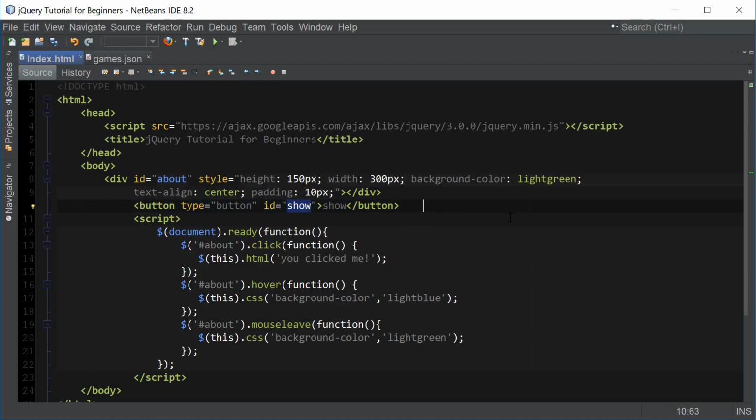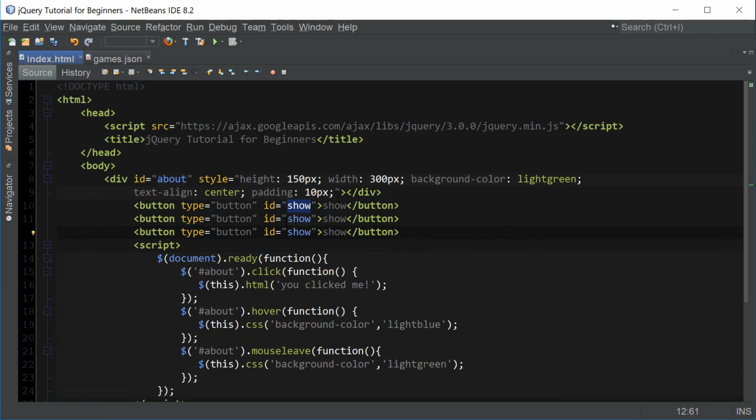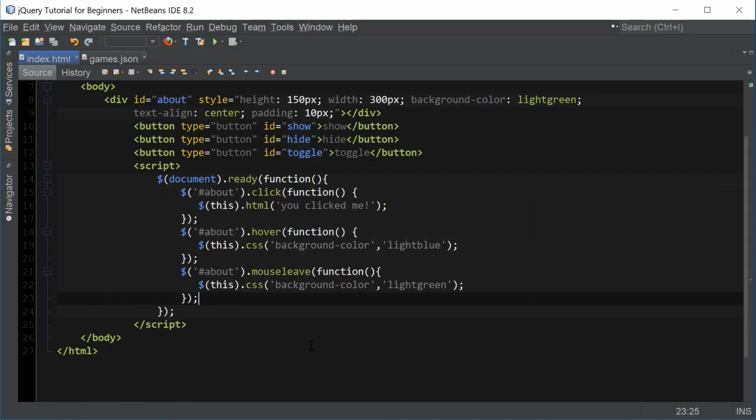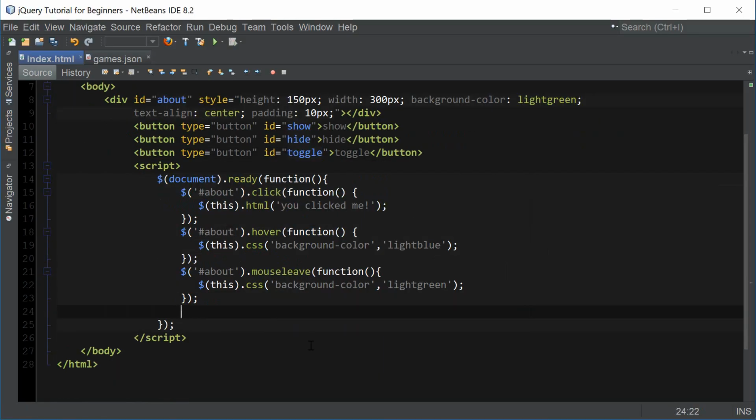Gonna copy this, paste it again. And the second button is going to be hide. And the third one is going to be toggle, which is going to show and hide our div. So we're going to name it toggle. And now we're going to add jQuery to select our buttons and add functionality, which is going to show, hide,